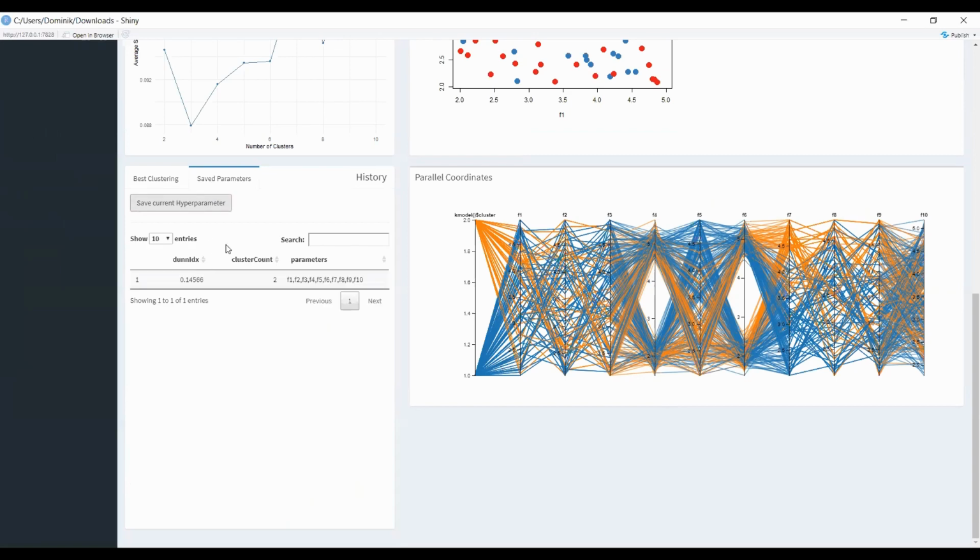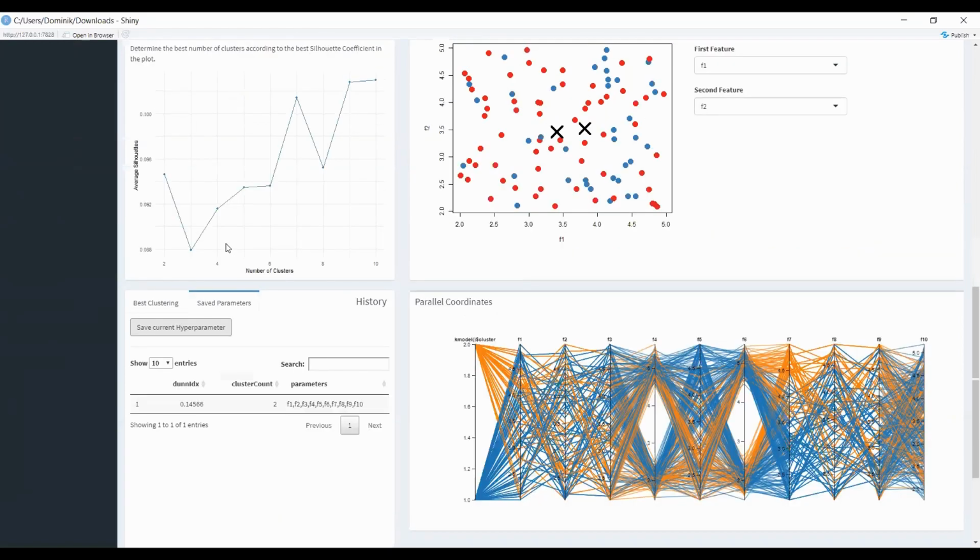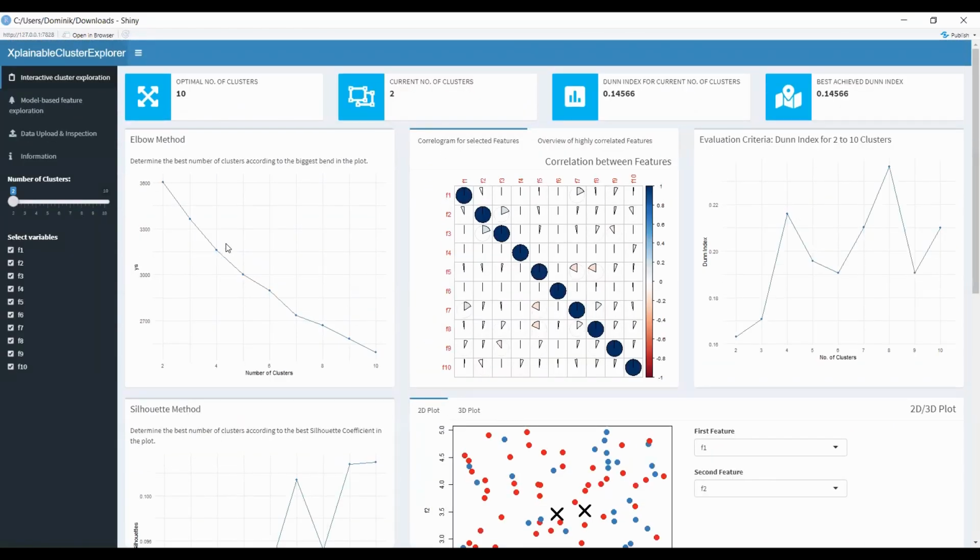The Dunn index, an evaluation criterion for clustering, is 0.145 for the current clustering settings. From a user's point of view, determining the optimal number of clusters is an essential step as this highly influences the clustering outcome. In finding the optimal number of clusters,